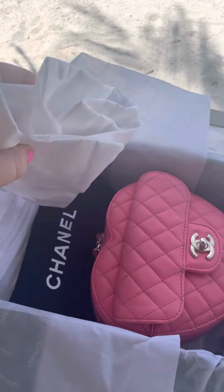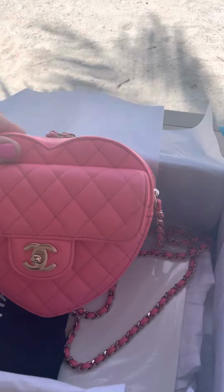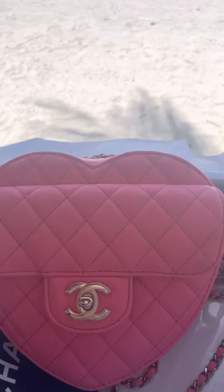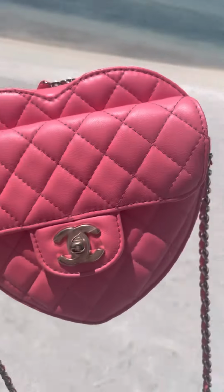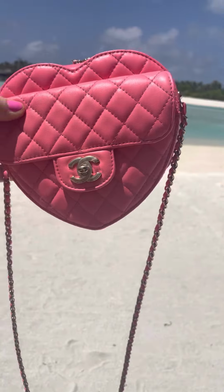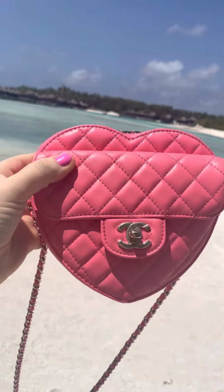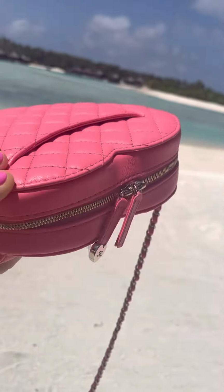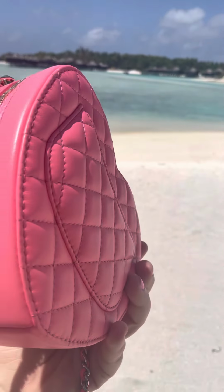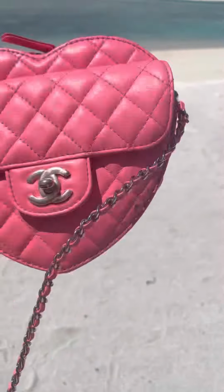So I've already done an unwrapping and wanted to reveal this special bag so I can always remember this incredible piece that I waited some time for. I wanted the bigger one, not the mini. So this one you could actually put a wallet and a cell phone in. It is amazing, guys. So I'll sit down and open it, but you